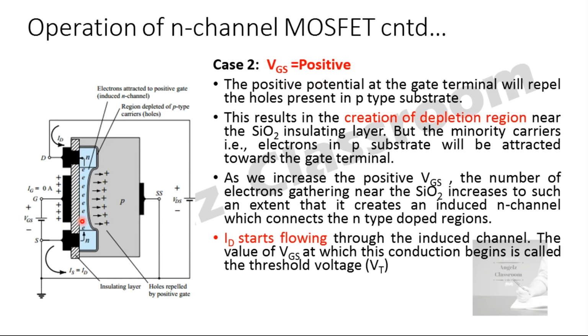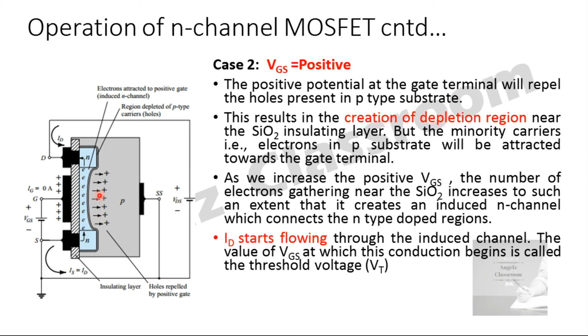So these electrons started to repel away the holes from the layer beneath the gate. And the electrons started to accumulate below the gate, and because of that a channel is created, and the electrons started to flow from the source to drain, and the conventional current will be opposite to the direction of movement of electrons. So your drain current will be flowing from drain to source. Because of these electrons a channel is created and my drain current is obtained.